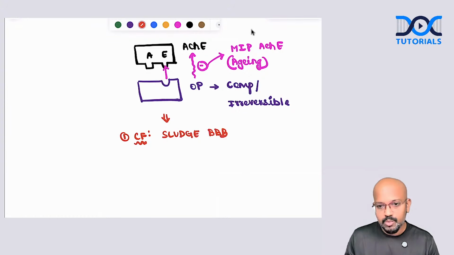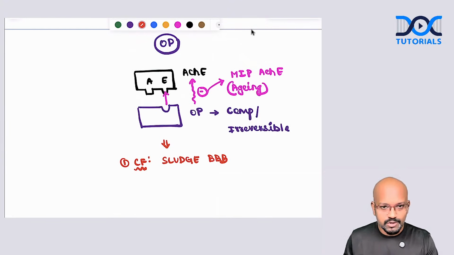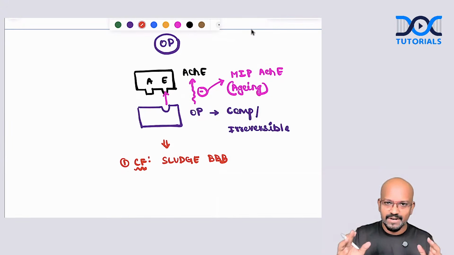In your exams, no one is asking you to write down the physiology, but if it is going to be a long answer, they expect a lot from you. You can write down the physiology, and followed by that, you can start from the pharmacology. But if it is a short answer question, you can just start from this page itself, organophosphorus compounds and its inhibition, and you can write down the clinical features as SLUDGE BBB and write down completely, salivation, lacrimation, all these things can be written below that.